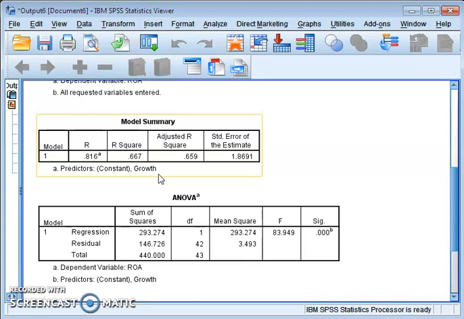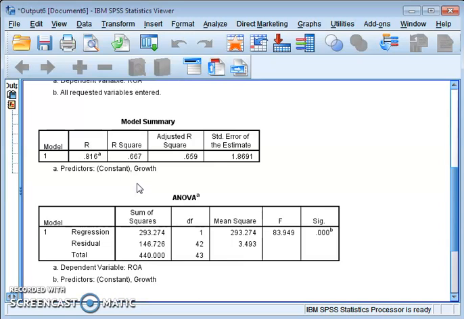So how will we determine this? Simply check the R square. The value of R square will tell you how much variance in the dependent variable can be explained by this model.